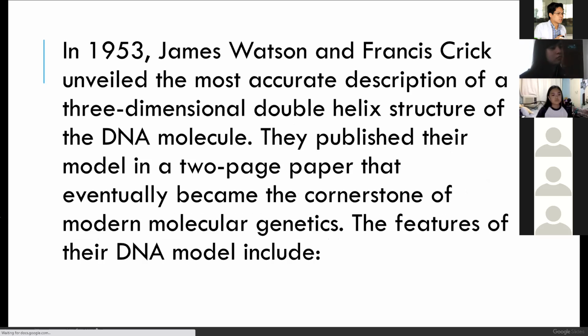Please read, Veloso. In 1953, James Watson and Francis Crick unveiled the most accurate description of the three-dimensional double helix structure of the DNA molecule. They published their model in a two-page paper that eventually became the cornerstone of modern molecular genetics. The features of their DNA model include